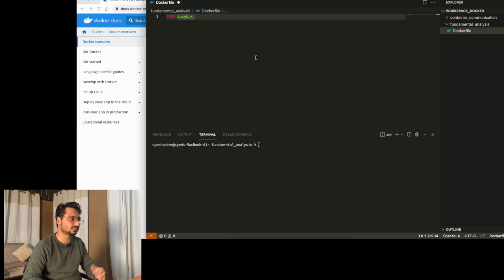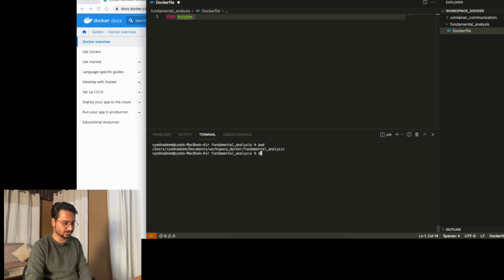If it is not able to find it, then it is going to go and fetch it from the remote registry. So let's see how to do that. So this is my present working directory. All I have to do is execute this command, docker build, and the current location where I am,